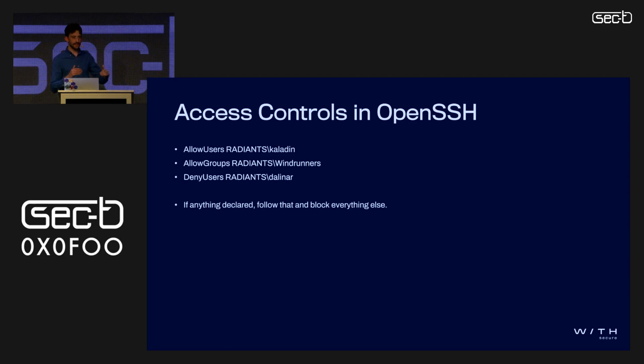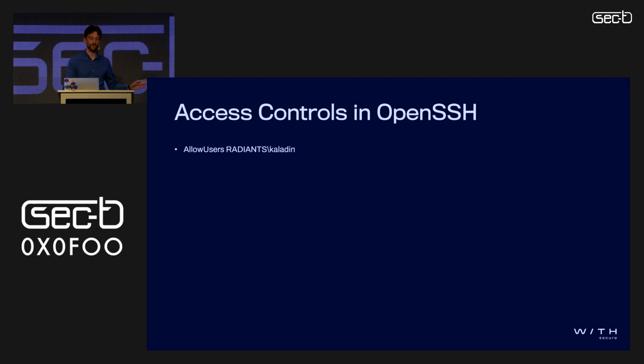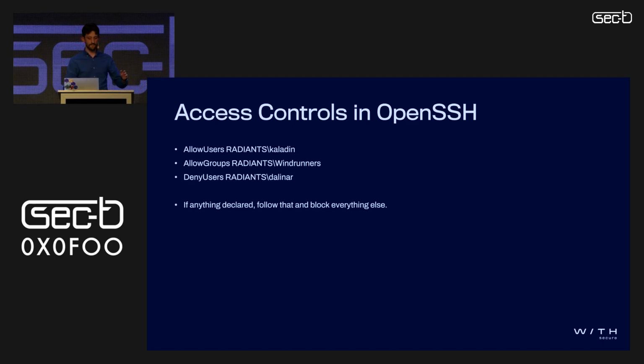If anything is declared in these access control lists, then that's what's followed, and everything else is blocked. So say you got to this point where you just put in AllowUsers Caledon, Dalinar couldn't log in, because he's not on the list. But if nothing's declared, then effectively that means you've got no access controls, and anything with valid authentication can log